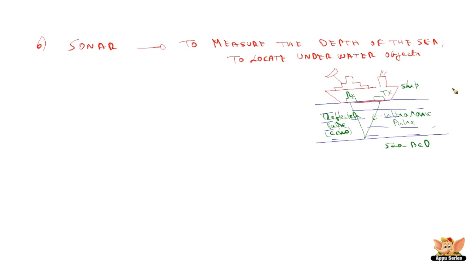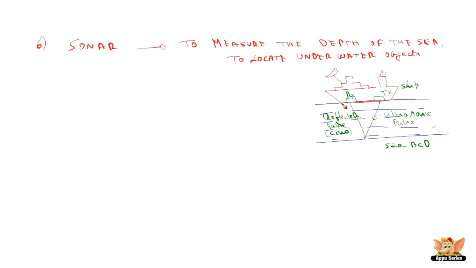Now what's happening over here? In this, the transmitter is sending a burst of ultrasonic pulses from a ship to the down sea water. The receiver picks up the echo. The transmitter sends the pulses, the receiver picks up the echo. So the time taken for the echo to reach the ship is measured by the sonar. Sonar is an apparatus which measures the time taken for the echo to come back. After the ultrasonic pulse is transmitted, for this echo to come back to the ship, that time taken is measured